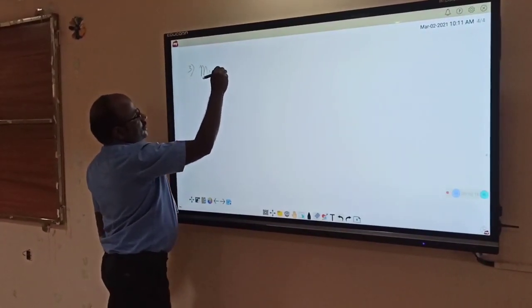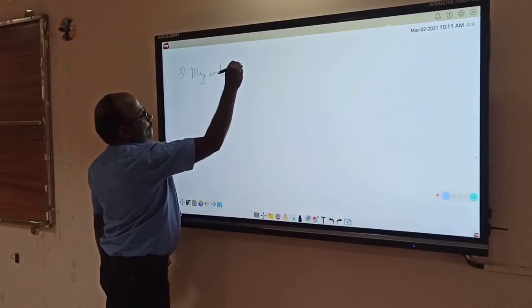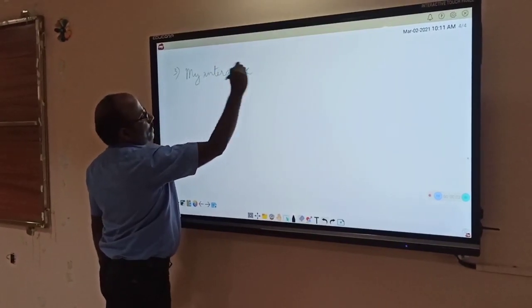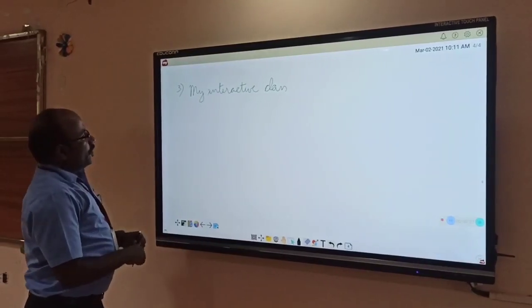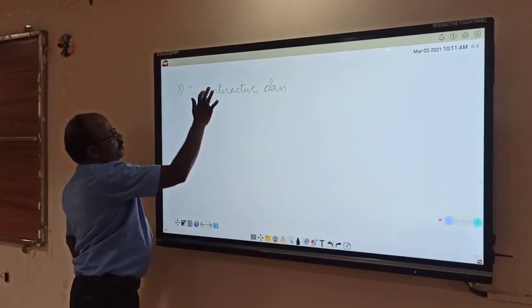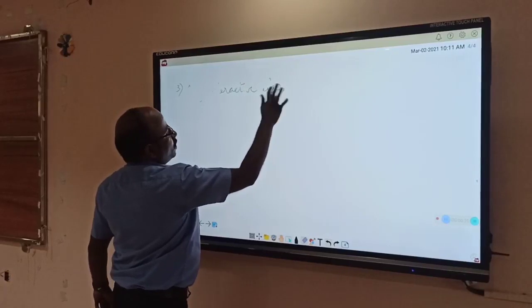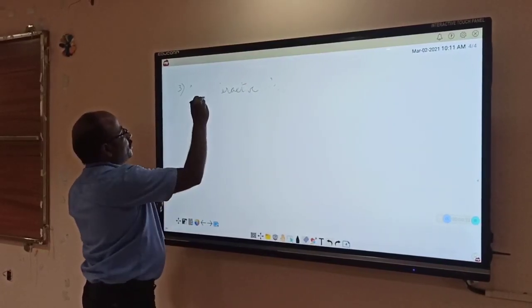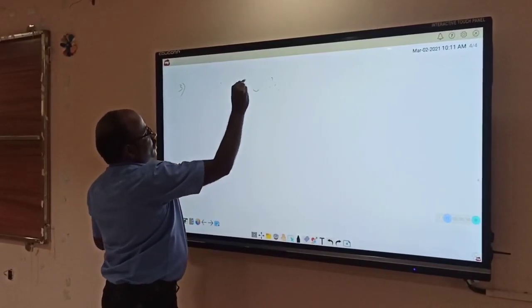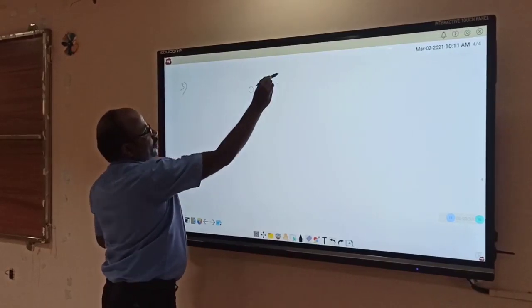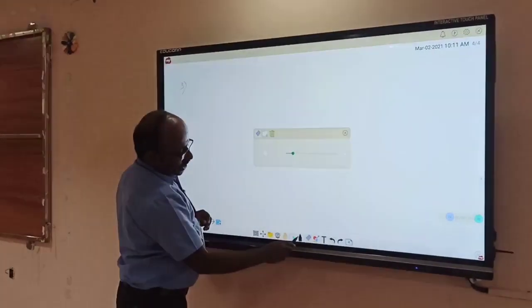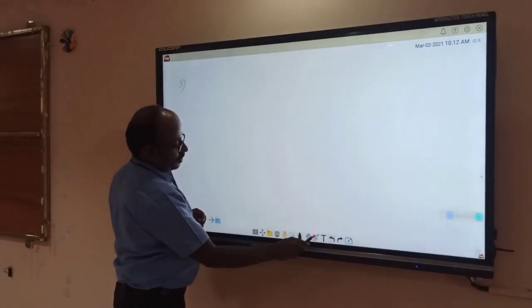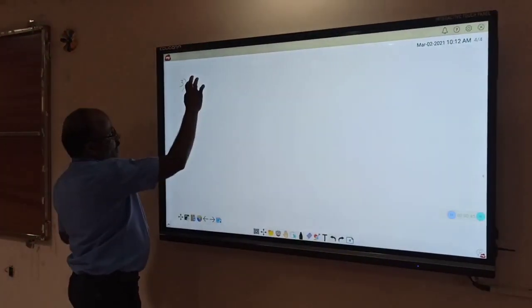my interactive class. My interactive class, I am typing, right? If I want to erase it, I can erase with my fingers also. That's one way, or else I can turn the pen. I can use this eraser. It's all touch. Only thing is you have to be very clear when touching: when taking an eraser, the eraser should be taken; when taking a pen, you should take the pen. Options are here, right? Now I can write with my hand.